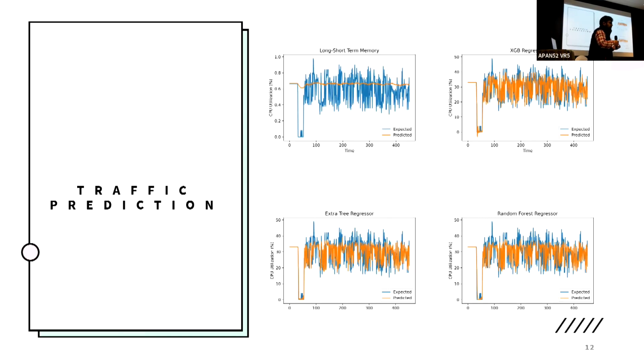Because we deployed a test bed and applied a video streaming scenario on it, we got synthetic data from that. So I think the LSTM is not performing well on our data, but we are looking for some more techniques to get better results than these. Currently we have applied these 4